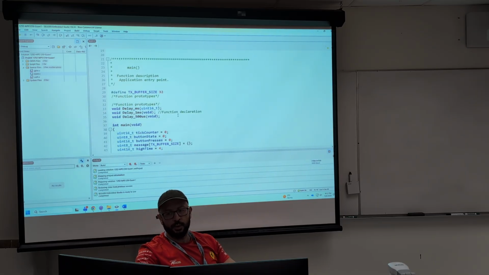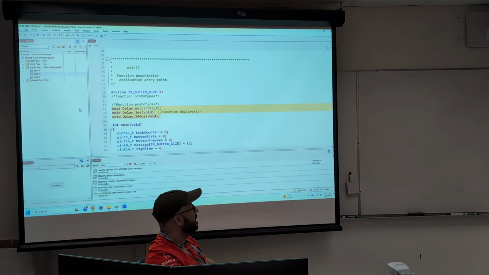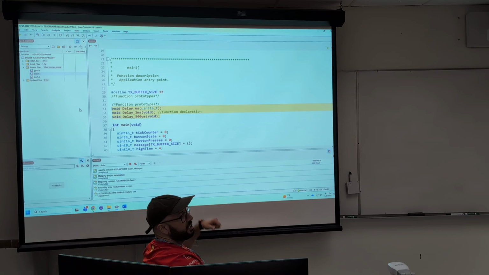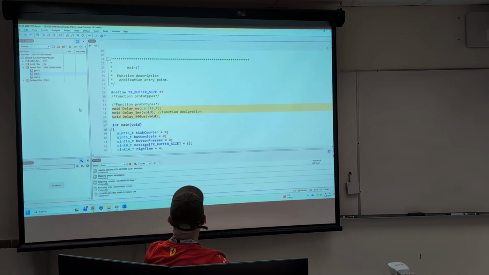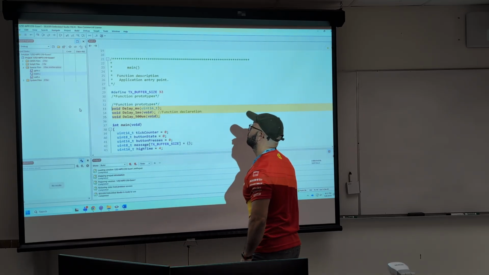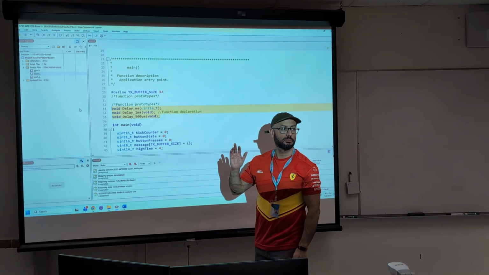I saw that some of you had these functions already built into your library. Ideally, you would like to have a utils or utilities library for this. You shouldn't put this inside your GPIO library, because this has nothing to do with the GPIO. See what I'm saying? It's time delays. So the best fit for it would be something like utilities or whatever. Okay? Any questions up to this point?